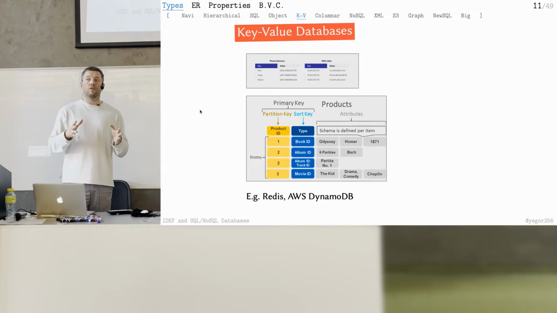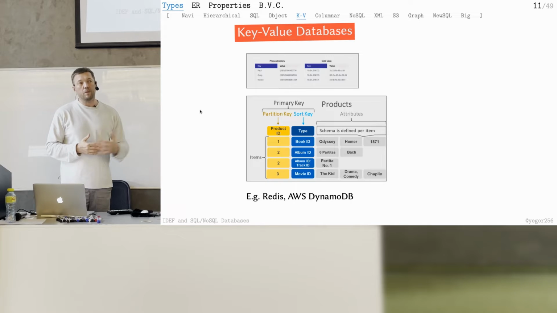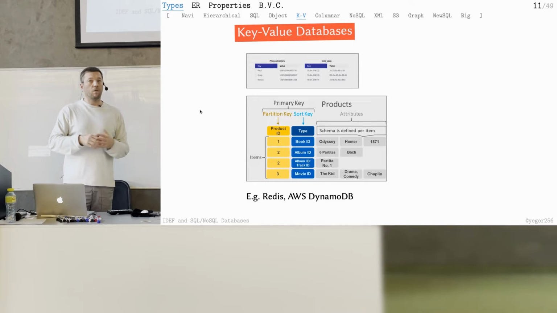It's very good for very fast operations, because usually it stays in memory, specifically for caching. In my understanding, Redis was designed for caching only. So let's say you're in a web system, people are coming to your website, you go to the database, retrieve some information, and return it back to users. But if there are many people coming to you, like thousands every minute, then going back and forth to the database is going to be a problem. The database will not be able to retrieve the data so fast. So you want to cache, you want to keep the information here on the server and return immediately to the user without going to the database.